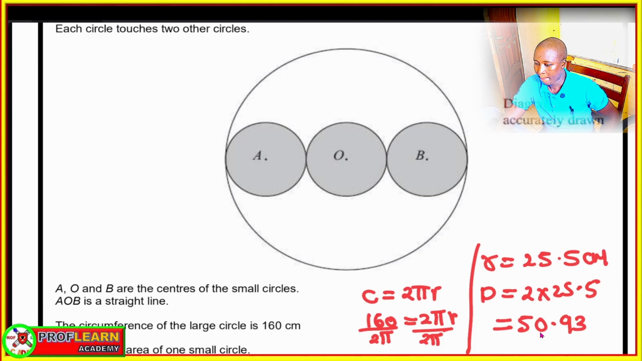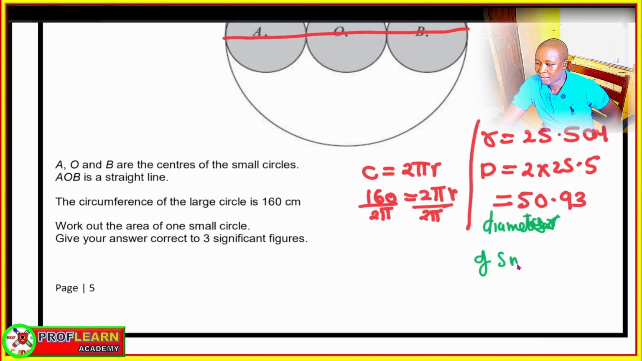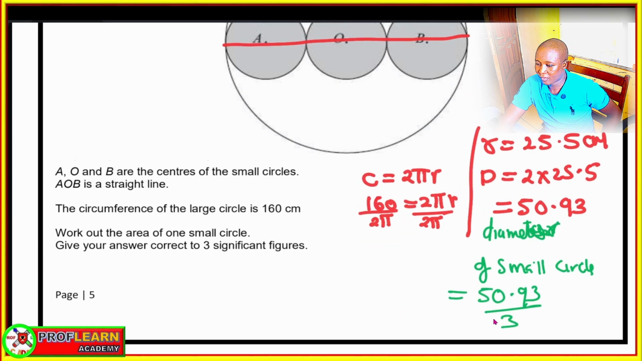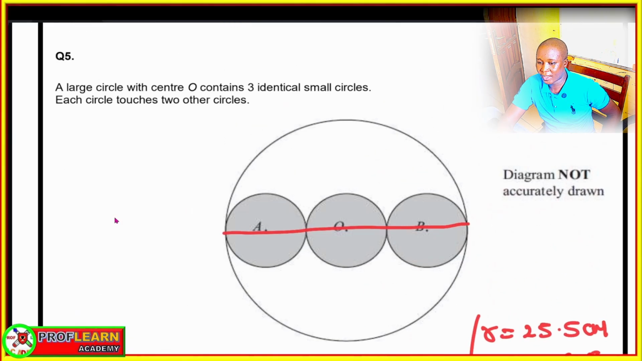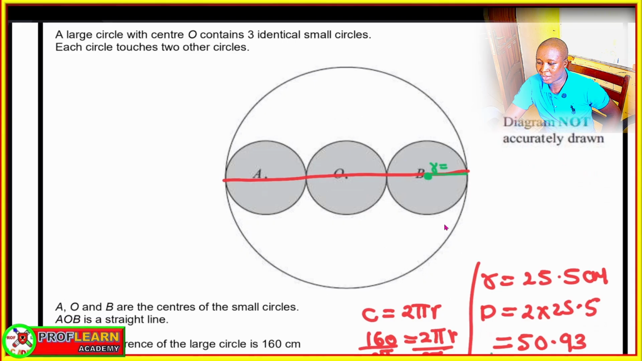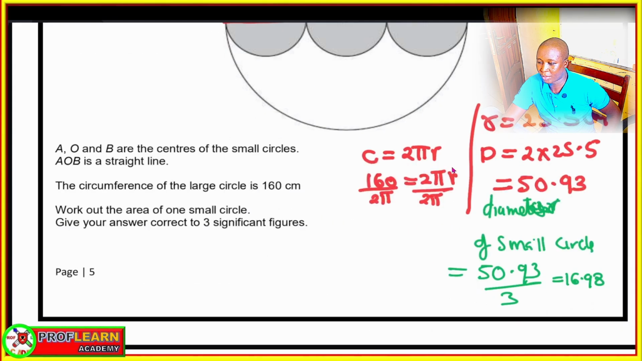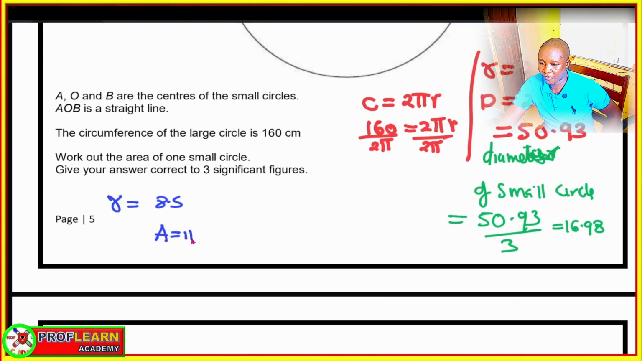Yeah, so which means that I can now divide that, as that's the diameter, which is 50.93. So if I divide everything by 3 here, for me to get the diameter of the small circle, I'm going to get 16.98. So that's the diameter of the small circle. But I need to find the radius of the small circle, which is going to be 8.5, because 16.98 divided by 2, 8.5. I've rounded. Then I say area is equal to pi r squared, and my area now becomes